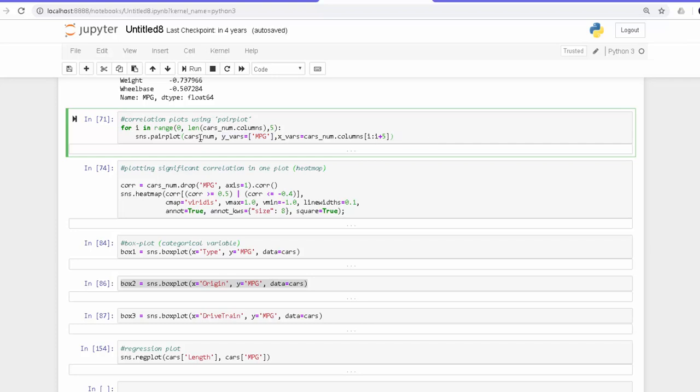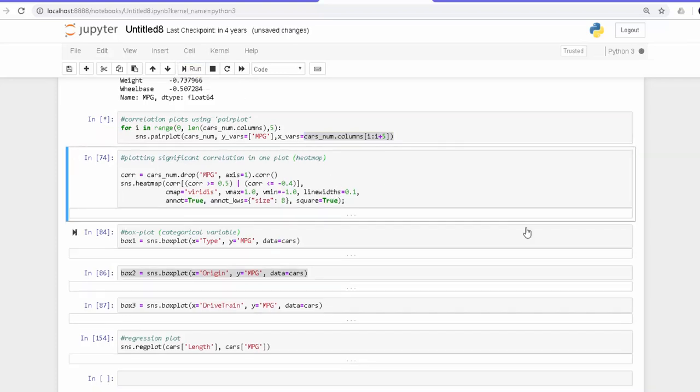Okay, so this is the data set, the data frame we are providing, and here we have the index x, y, like what we want to keep in x and what we want to keep in y. And obviously x will iterate through this loop. It is going to change, and y is constant because we want to see it with respect to mileage for each one of these other variables. So we have run it,